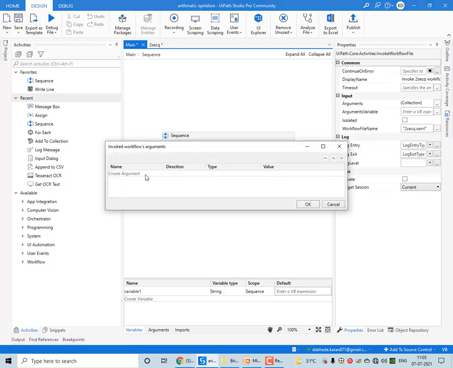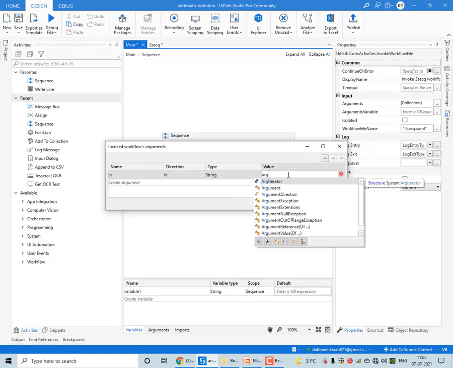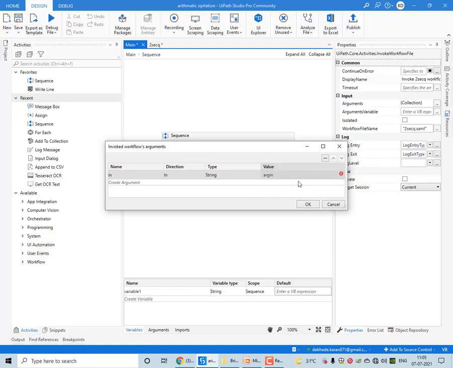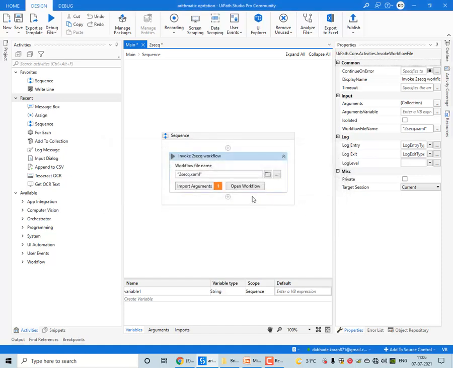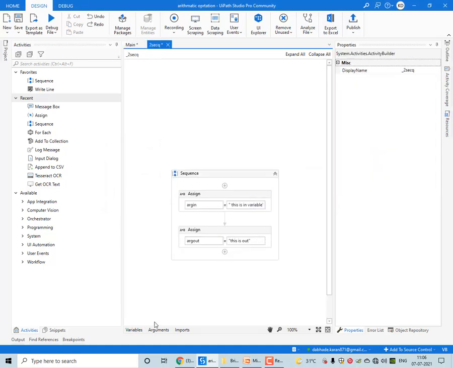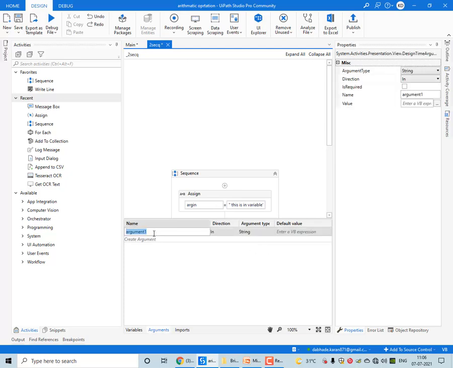input arguments. So if I define an argument, for example in argument with first variable, okay, now I will create an argument in this sequence.